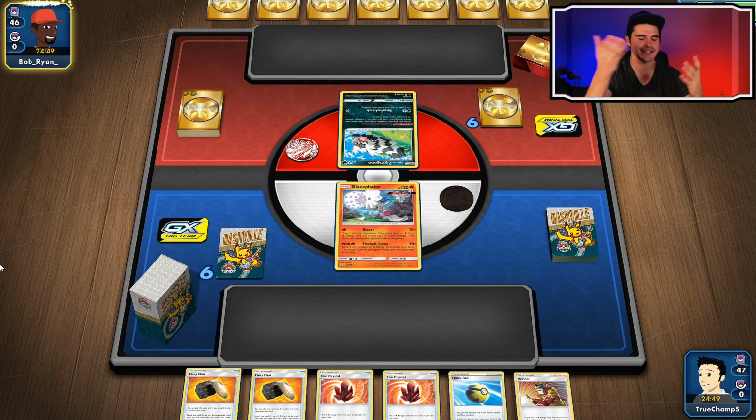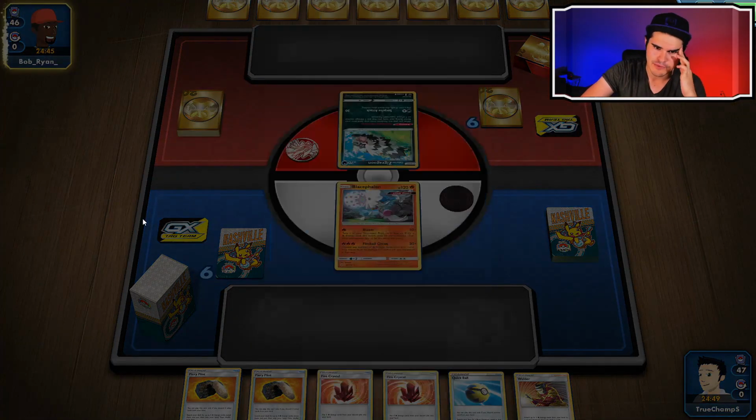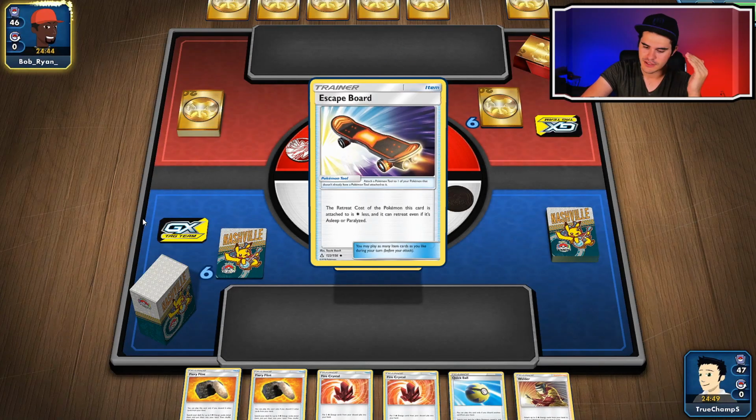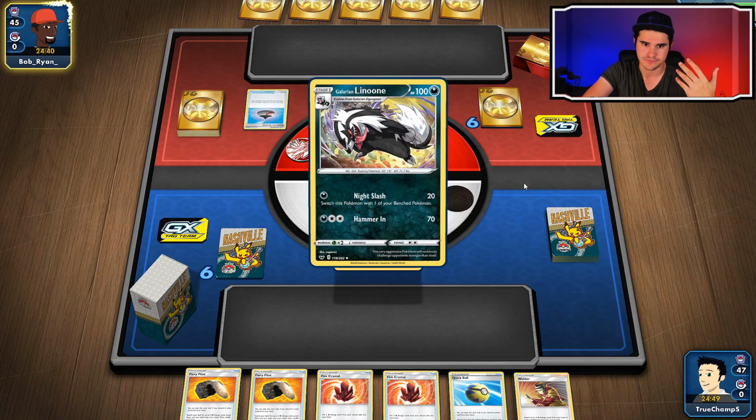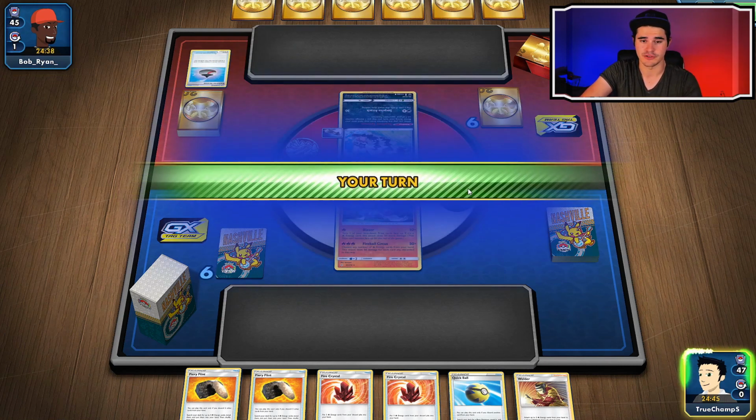Oh, of course, he's playing Obstagoon. What's the strategy against Obstagoon again? So Obstagoon stops basic Pokemon from attacking him. The way that we get around that is by using cards like... we'll be able to attack him first, thanks to Welder, and be really...